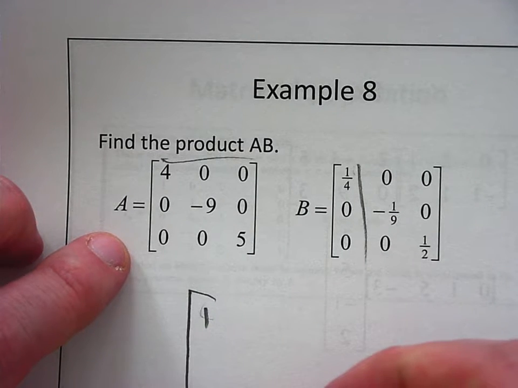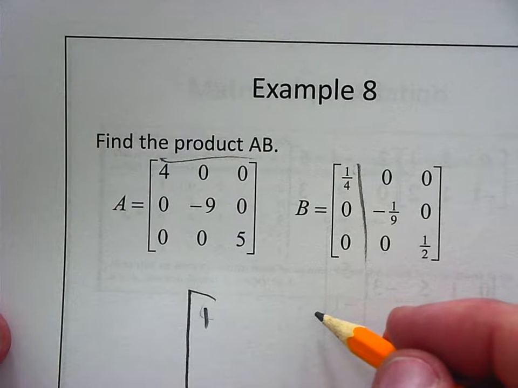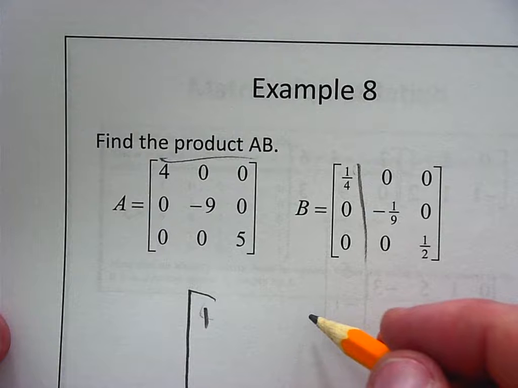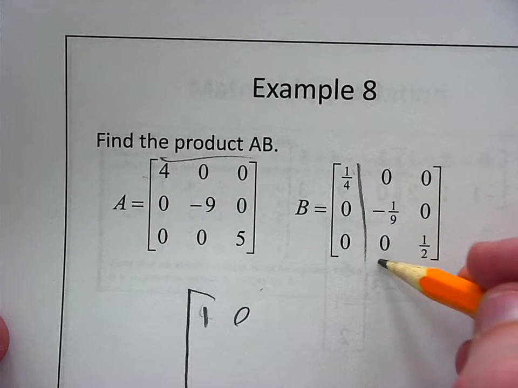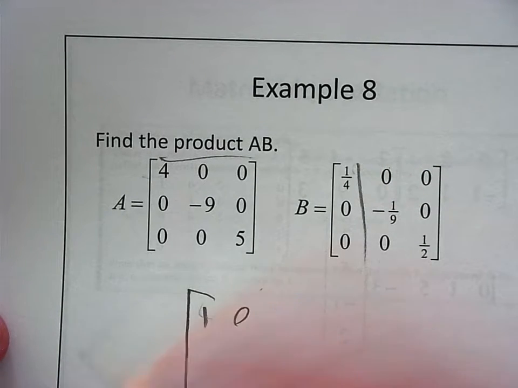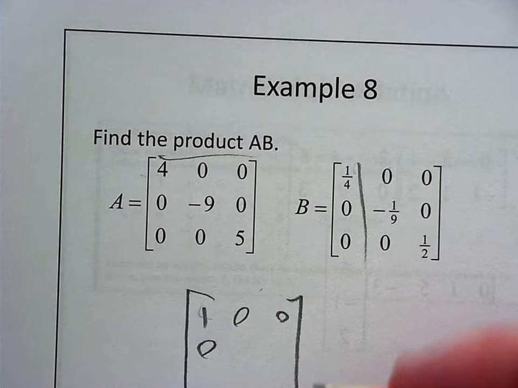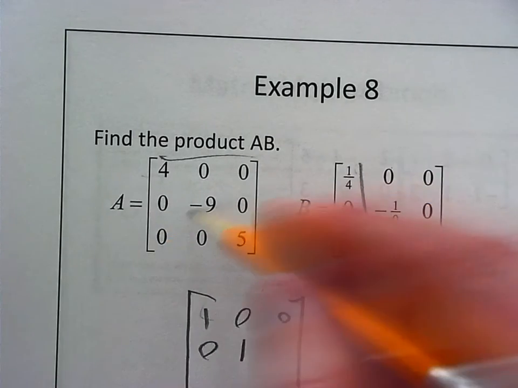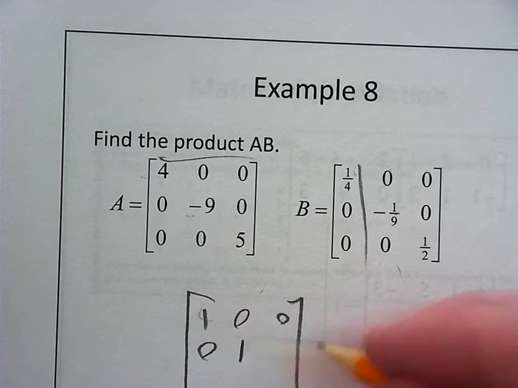First row, second column would be what? 0. So you're multiplying the 4 by 0, 0 times -1/9, and 0, so they just all cancel out. Upper right, 0. Center left, 0. Center, center, yeah, it'd be 1 again, because 0 and 0, -9 and -1/9, 0, and the 0 down here. And center right,